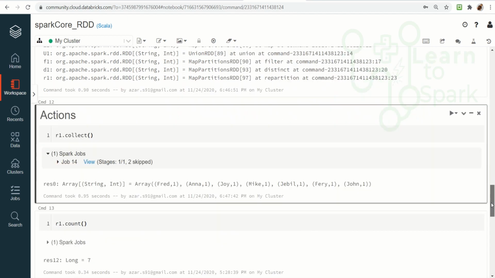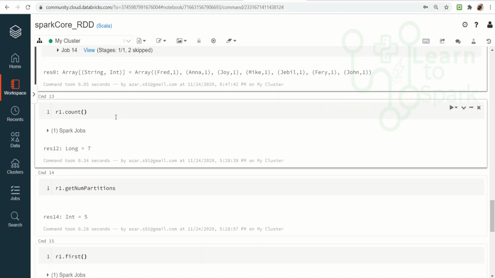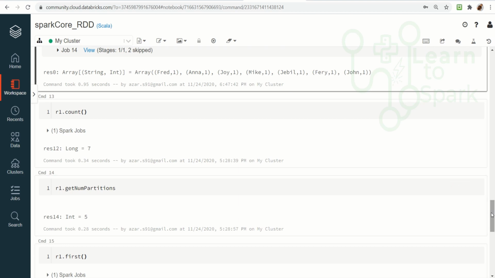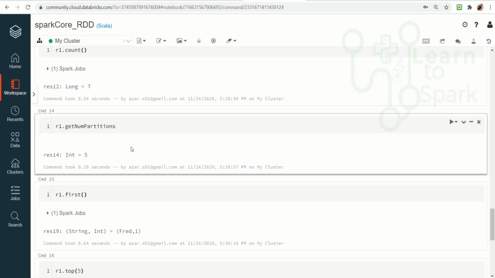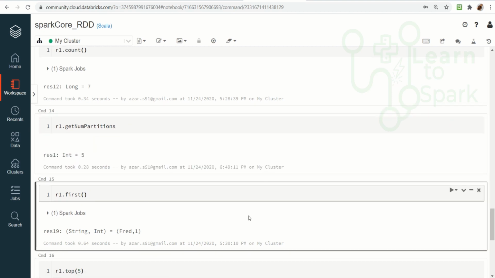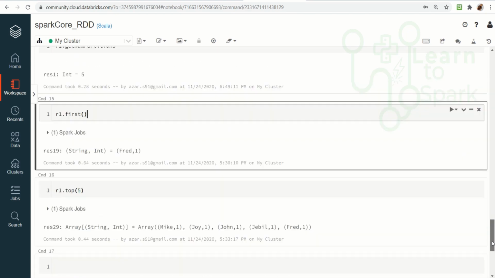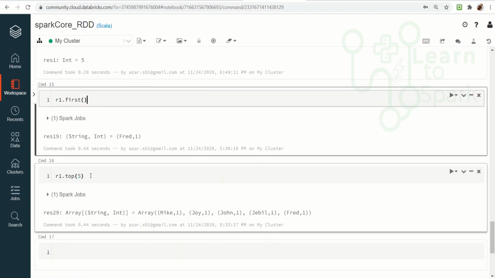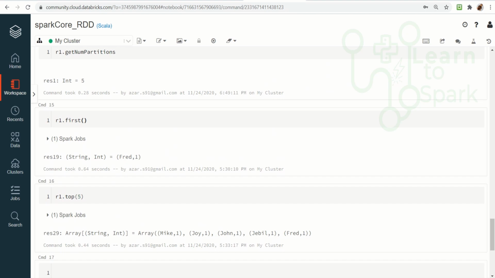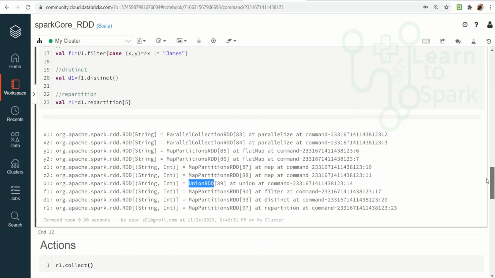Some of the other actions that we have are count and get num partitions. Get num partitions will display the number of partitions that were created. Since I have given a repartition of 5, it will obviously be an int of 5. Then first will give the top 1 record, and take 5 will give the top 5 records. In simple words, we can say transformations will result in an RDD.